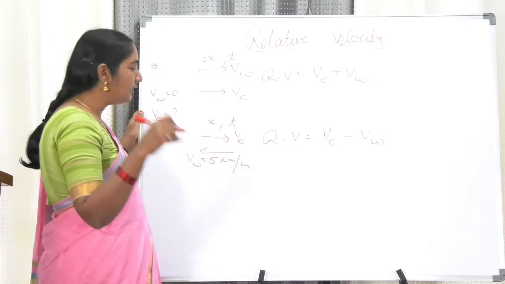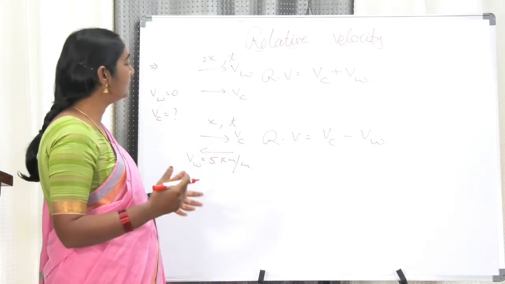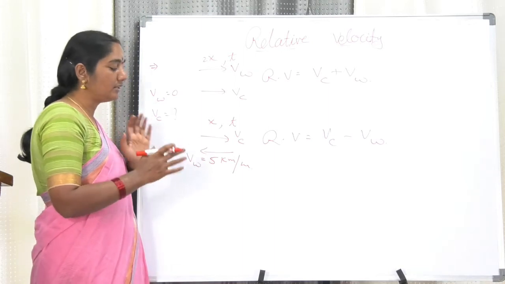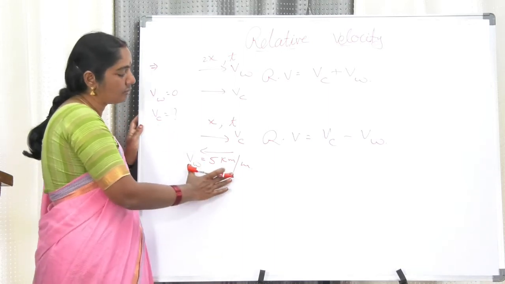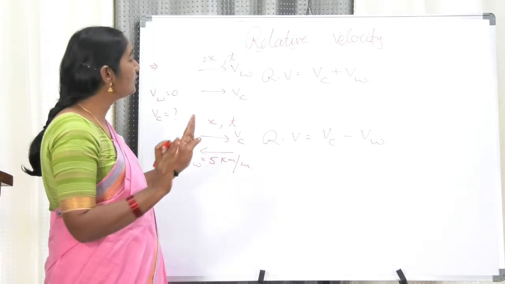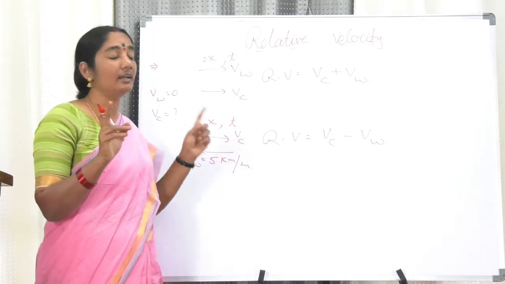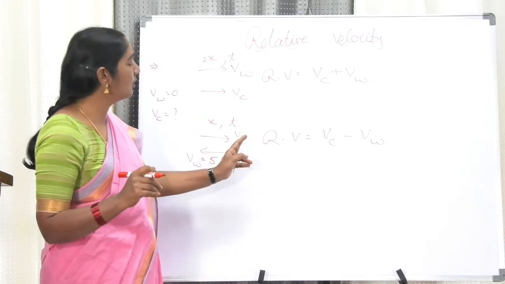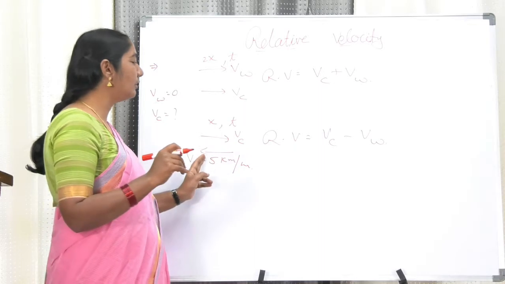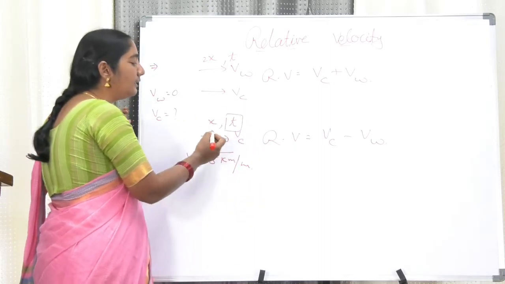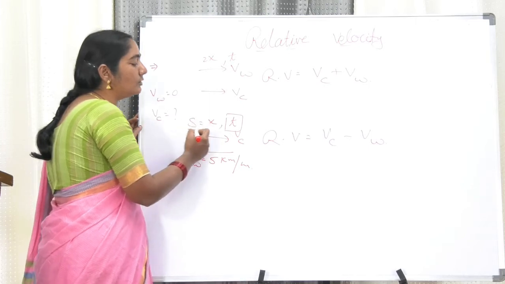In this particular case, what is the author telling us, what information is given? The information given to us is that the velocity of the wind is 5 kilometers per hour. This is the direct information given. The rest of the information is not direct, everything is indirect. It means when the cyclist is going opposite to the direction of the wind for a given time t, he is able to cover a distance equal to some x.